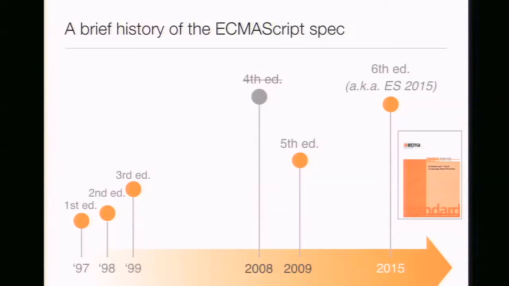Okay, so a subgroup within the committee decided that the right way forward was, rather than grow the language significantly based on this flawed basis, to fix the basis of the language first and then start from a more solid foundation and grow the language from there. And for a long time, the committee was in deadlock because they couldn't reach unanimous agreement on how to move forward. And that changed in 2008 when they had a meeting in Oslo,